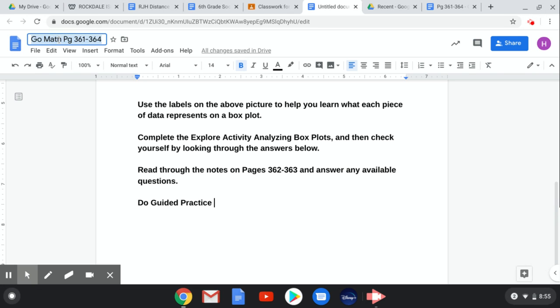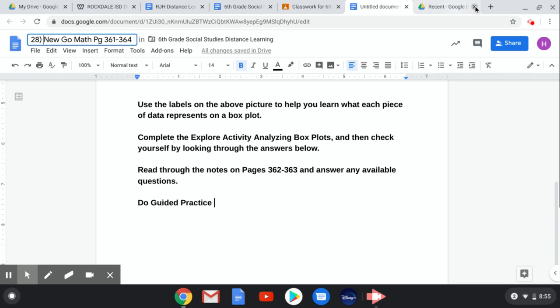So I can title this, and I'm going to label this new, just so that I remember what it is. I can title it 28/new, right? Keeping with the theme here. The neat thing is now, and I'm going to close that back out, that when I do that,